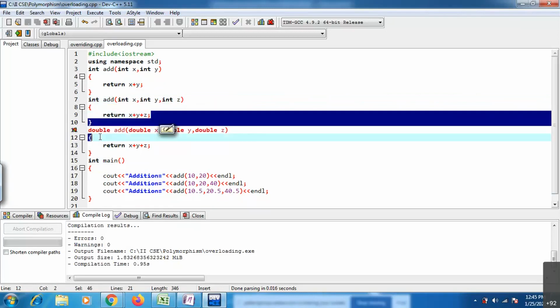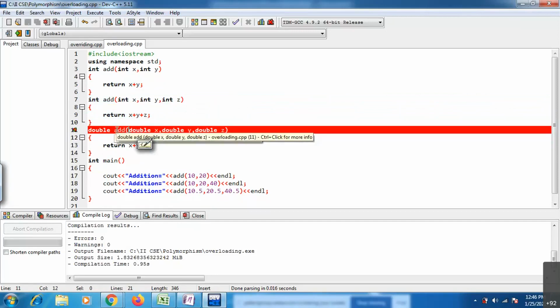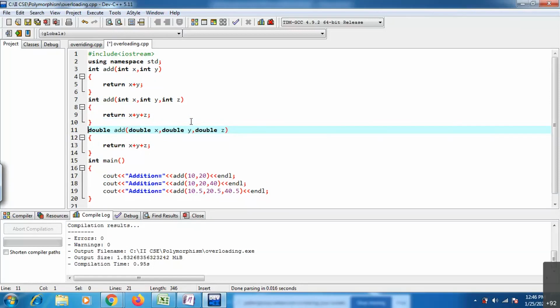If you observe the third one, the name of the function is the same, but I have changed the return type and the type of all the parameters. That means you are taking the same name, but you are differing either in number of parameters or type of the data. In the previous case it is integer type data it is expecting. In the third function, it is expecting double type, meaning some decimal value. Now the concept is early binding.